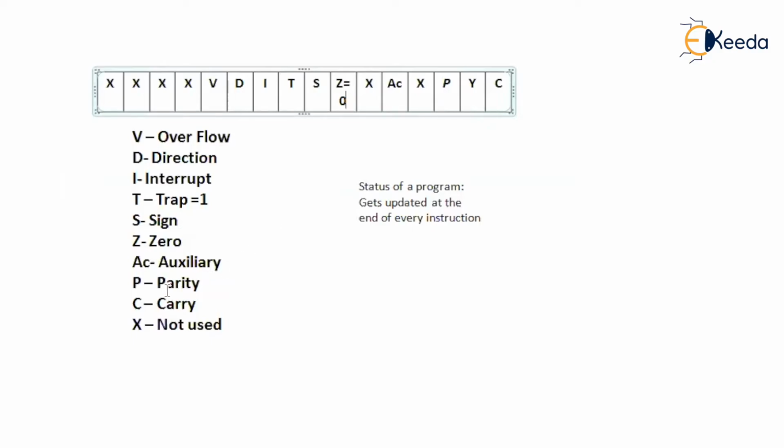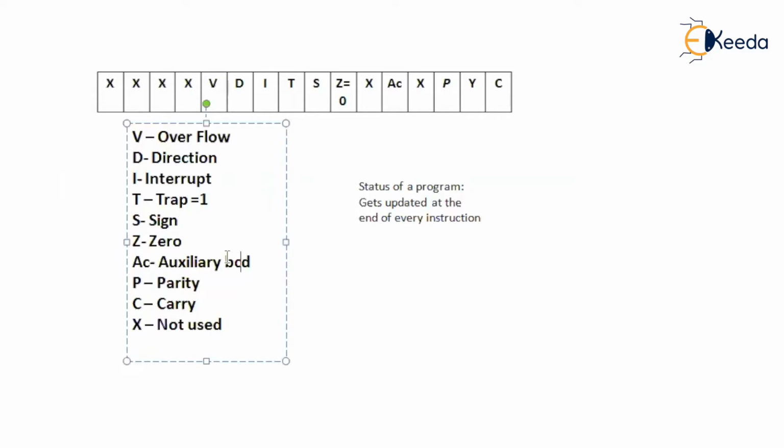Okay. Auxiliary flag. What is the auxiliary flag? Try to understand. The auxiliary flag will be specifically used for BCD addition. What is BCD? BCD stands for binary coded decimal. When a binary coded decimal is being executed,